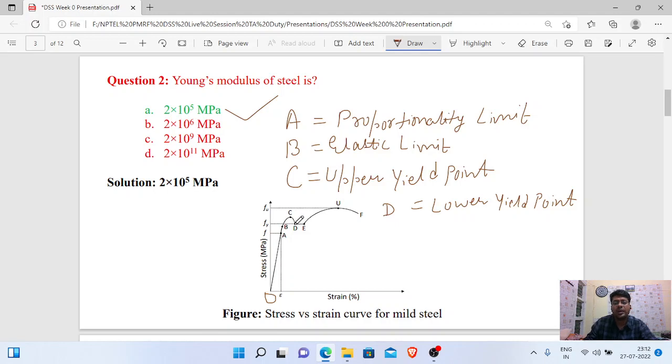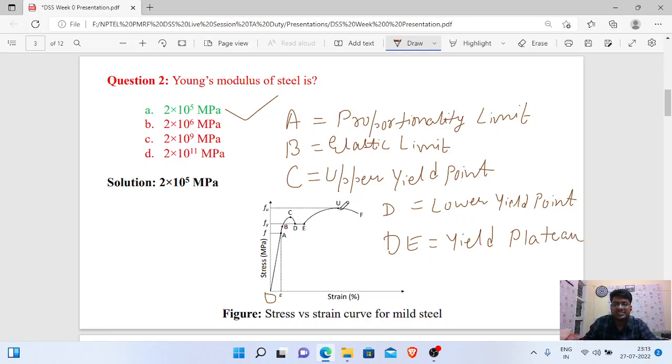Then you will think, why are we not taking C as the yield point value? This is also upper yield point. So why are we taking D as the yield stress value? The reason behind taking D as the yield stress value is that point D is a stable point. Means you can see that from D to E, this is a flat line. Means here you can say that yield plateau is forming between D to E. So let me write D to E, yield plateau.